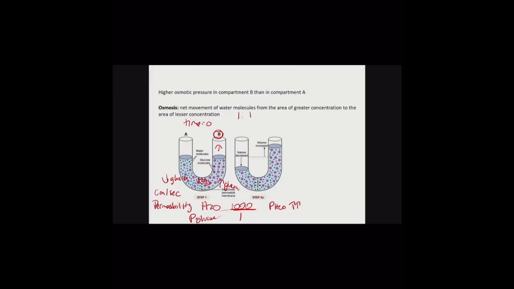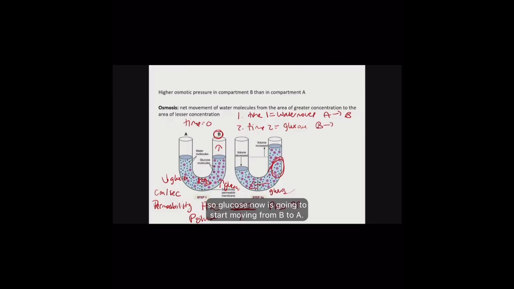Time 1, water moves from A to B, okay? But eventually, glucose will start moving. So time 2, glucose starts moving down its own concentration gradient. We have more glucose here in B than in A, so glucose now is going to start moving from B to A. And as glucose moves from B to A, water will then, in time 3, move back to A